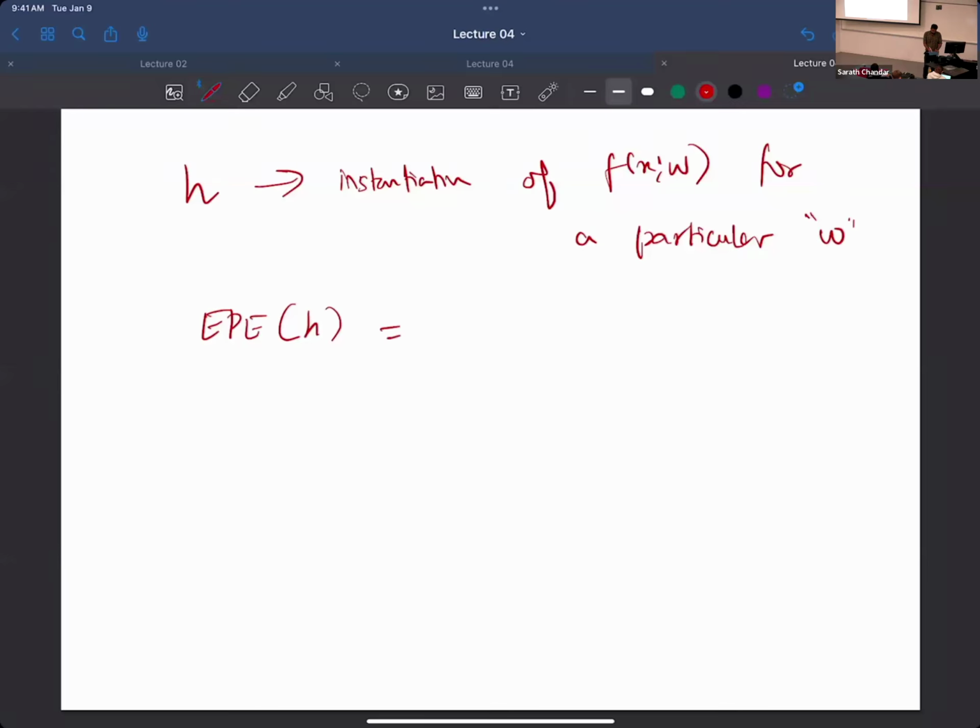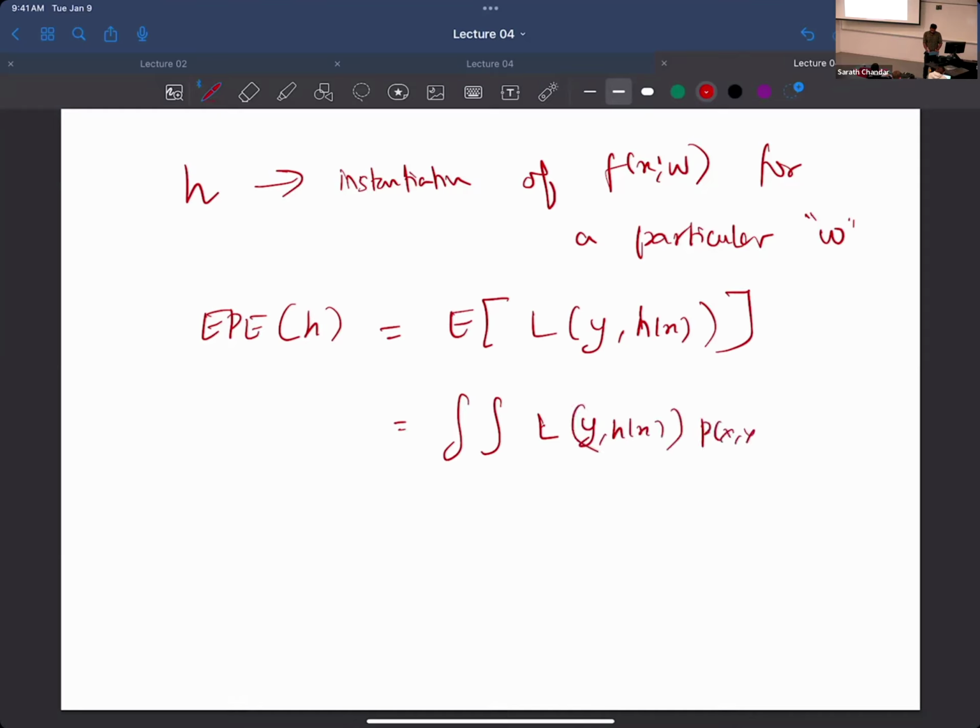Okay, if I pick an h, then the expected prediction error is given by the loss of y comma h of x. So whatever the prediction of the hypothesis, that is h of x, you compare that with the true y, whatever loss function you use, right? So this is basically the integral of L of y comma h of x, p of x comma y, dx dy,